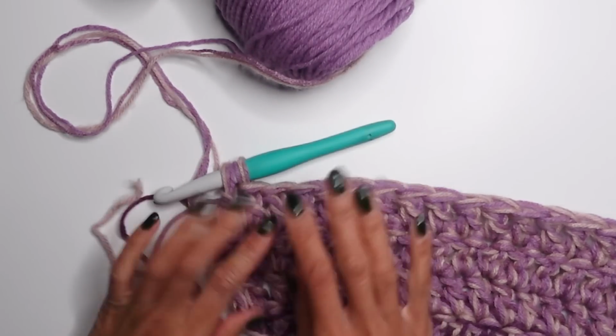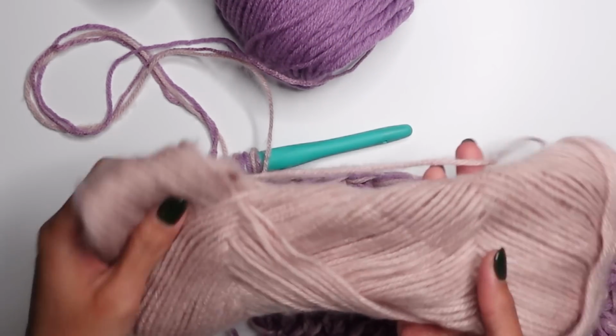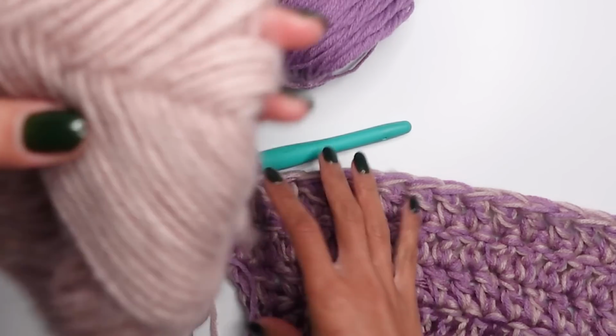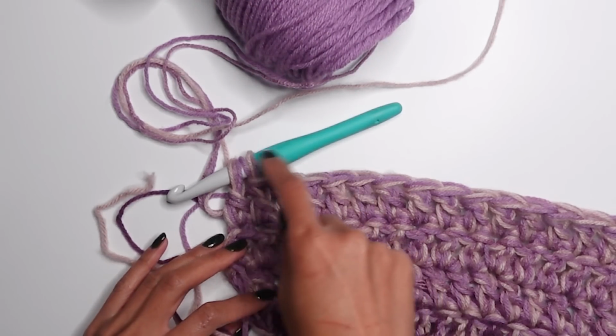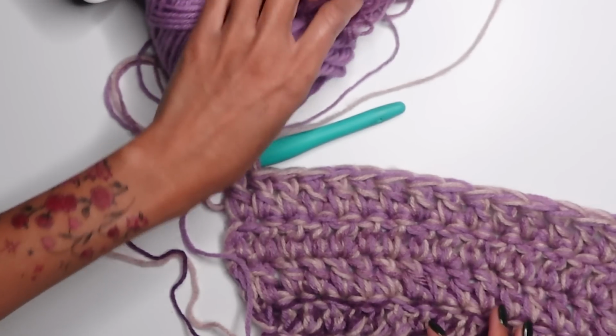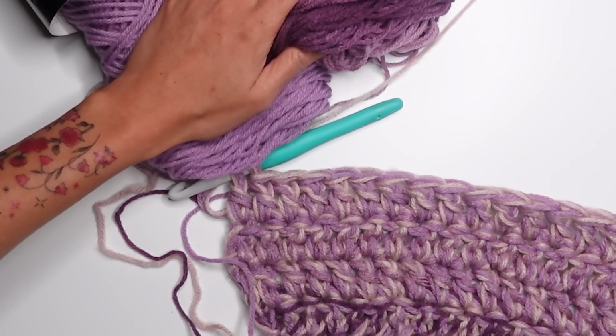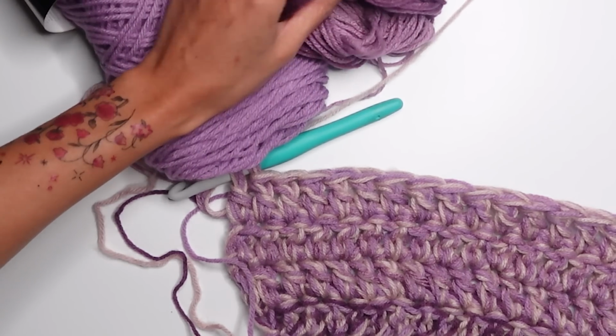Second to last. Well, I'm going to stop right here because I'm actually going to cut off the brushed yarn. There's not enough of this to keep going around. So what I'm going to do is do an entire border with just the regular acrylic yarn. And as I stated before, we're going to have to ball some of this up or cake some of this up